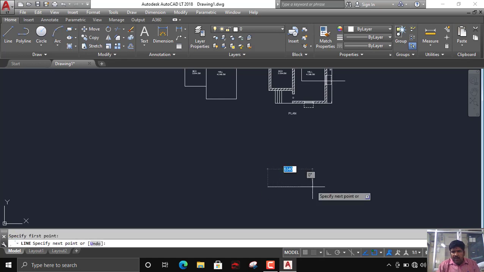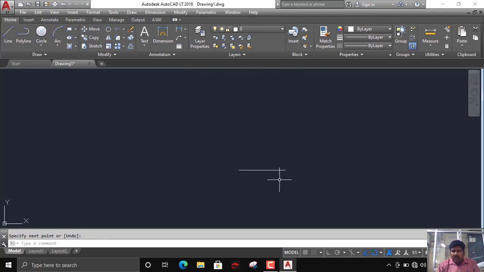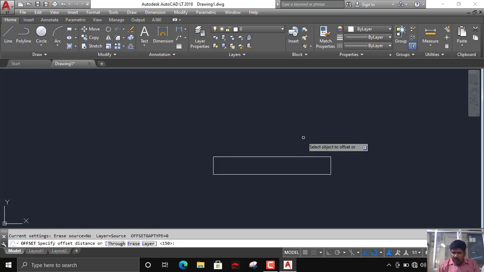So I will just draw a cross section, say 1000 mm, just for simplicity, and 150 is my PCC, right? Then I will offset it by 75 mm on either side, right?